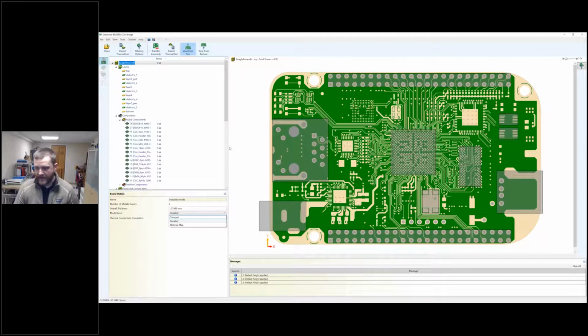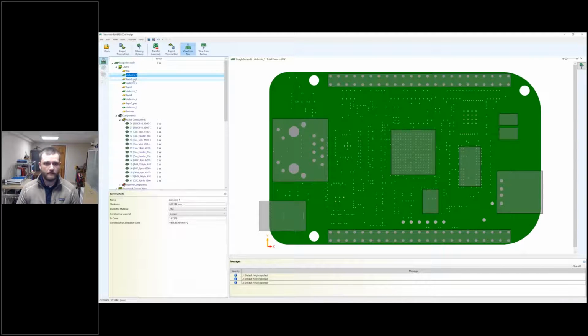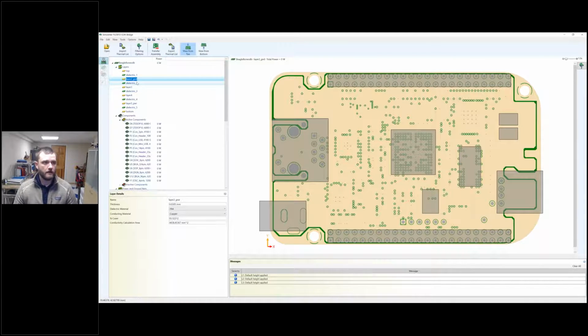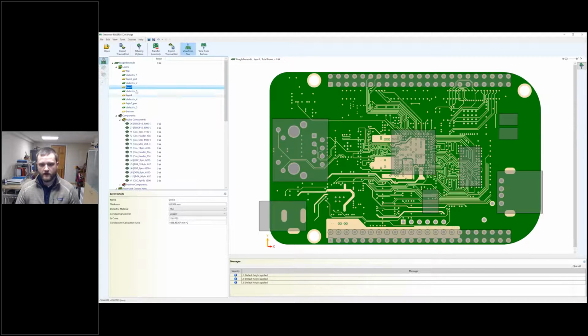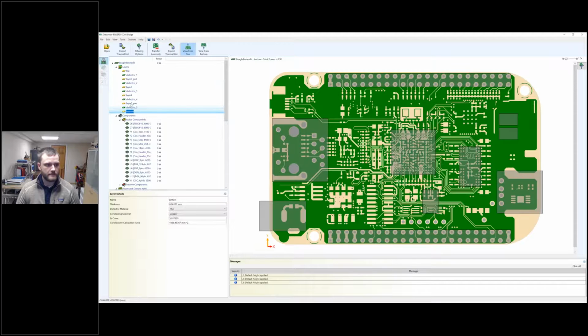And the material map basically creates a resistor network to model the PCB instead of doing a real simple, compact model that is much more simplified, or doing a very detailed design, which is going to be more detailed, but is going to be computationally more expensive. In this case, it's kind of the best of both worlds. So we'll be using material map, and from there you can see the different layers that have been imported. So we have our dielectric 1, it looks like a ground layer here, and then we have our other dielectrics and other layers. So you can go down through and see all the detail.